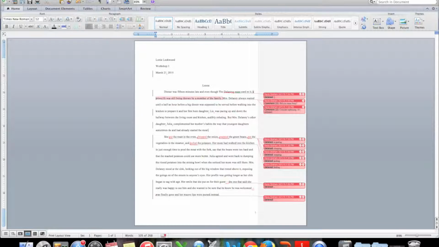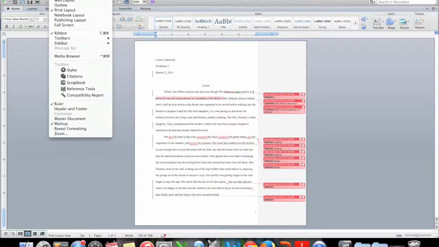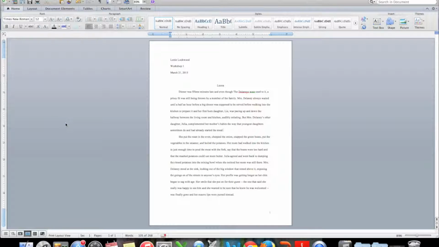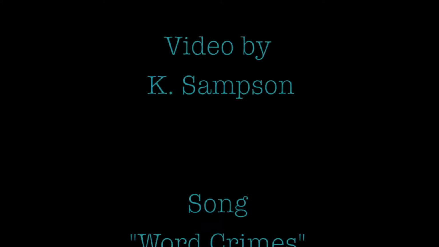And then if you want to just read the document without all those comments on the side, you go to View and you deselect Markup. So it is pretty easy to use this. It takes a little bit of practice sometimes just to get used to viewing everything, but it is very handy. And good luck editing your documents. If you really want, leave out that Oxford comma. Just keep in mind, are you